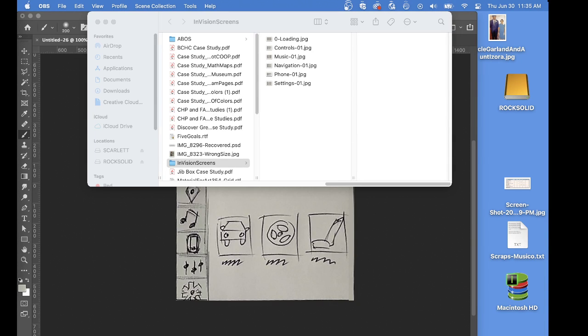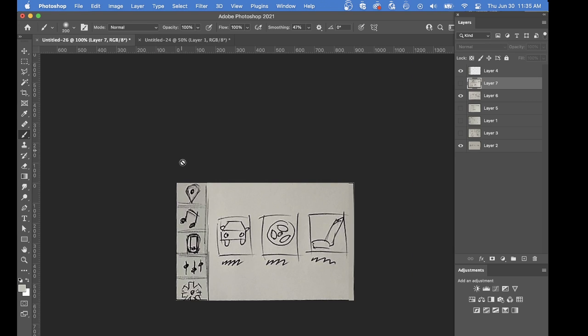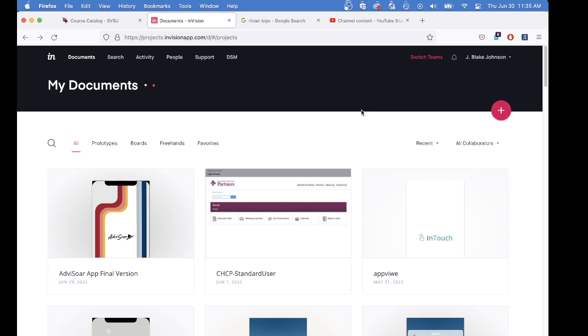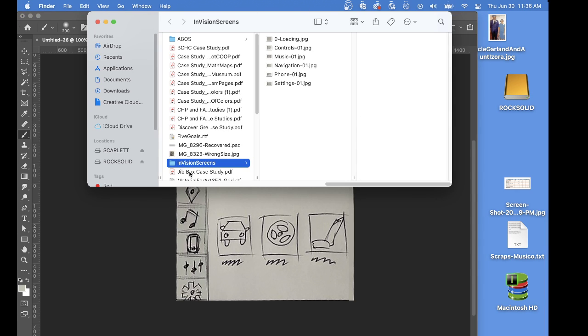All right, so I've taken all of my sketches, which were on this page, and one by one I turned them into screens. I use the same navigation on every single one, and then I exported them to this folder called InVision Screens, and then I named them